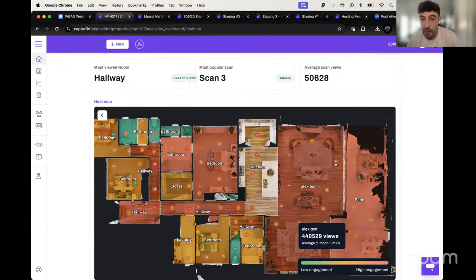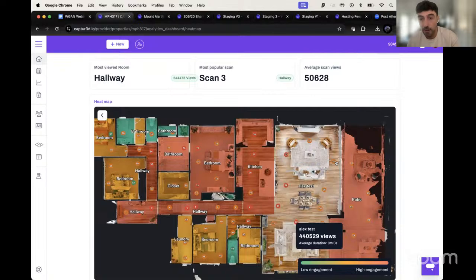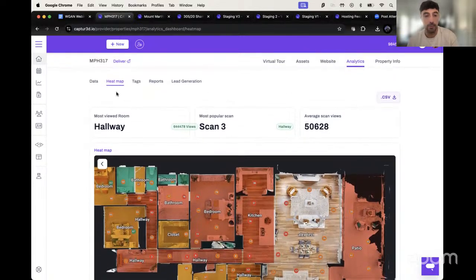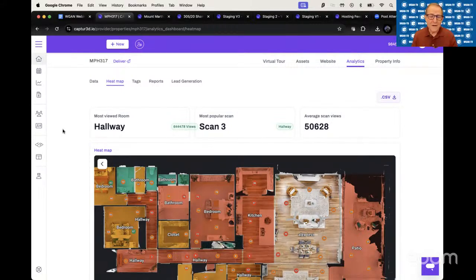So you can actually hover over 31, for example, and give that a click, and that will tell you the exact number of views within that time as well. So yeah, that's just something else I wanted to add. But I think that's it as an overview for the heat map. We're really excited about the feature. I think it's going to provide a lot of value across. I know it's relatively new.